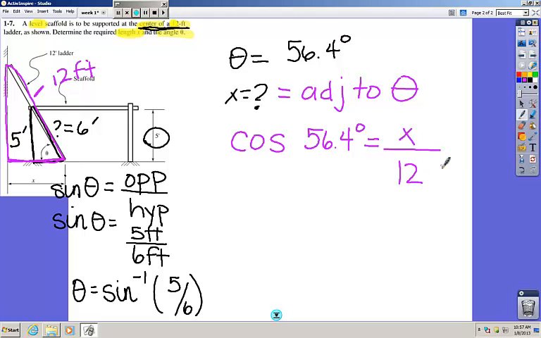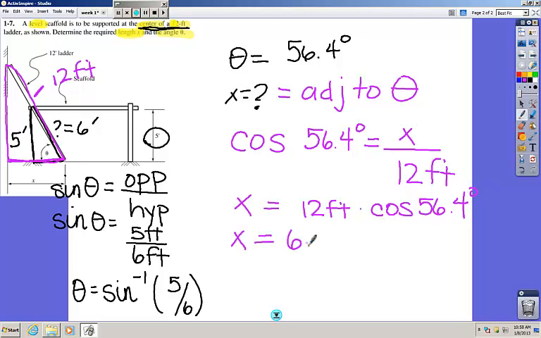Then, use my calculator, multiply both sides of this equation by 12. So I get 12 feet times the cosine of 56.4. And I end up getting 6.6